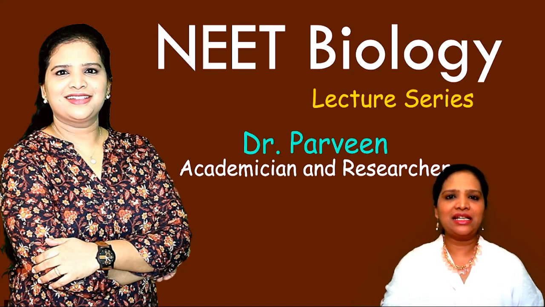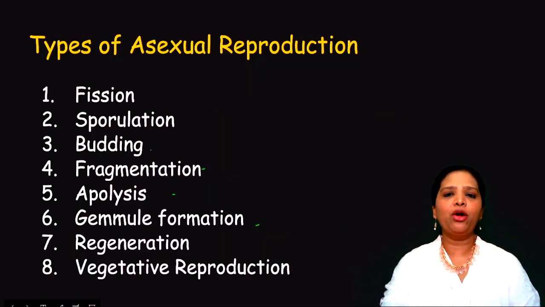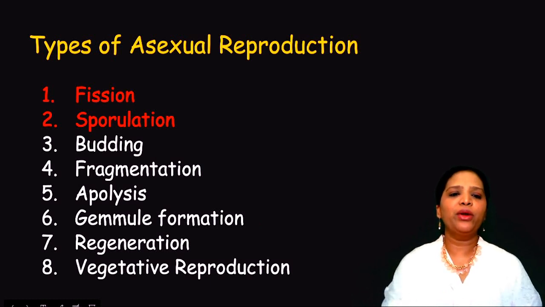In this lecture series, we are studying about asexual methods of reproduction. That is Chapter 1, Reproduction in Organisms, from the plus 2 syllabus. In our previous lectures, we have covered two important types of asexual reproduction. One was fission and the other one was sporulation. These two topics we have covered in our previous lecture, and in this lecture we are going to study about